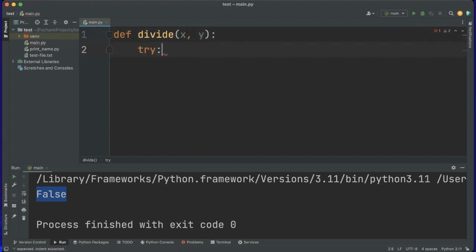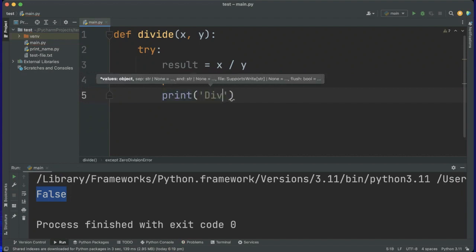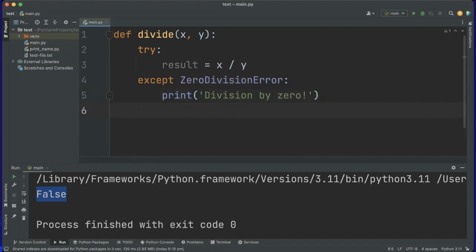We have a try here. Result equals x divided by y. We want to catch the exception zero division error. If the zero division error happens, we want to print division by zero. If nothing happened, if everything is successful, we want to print